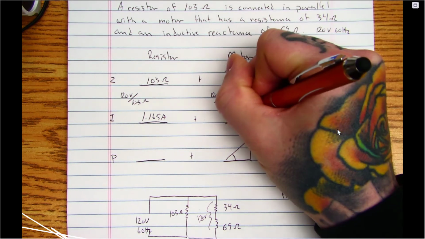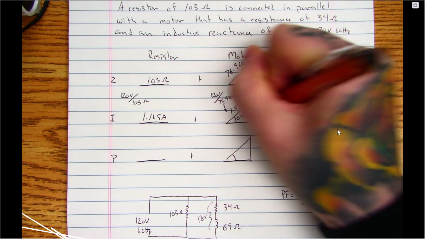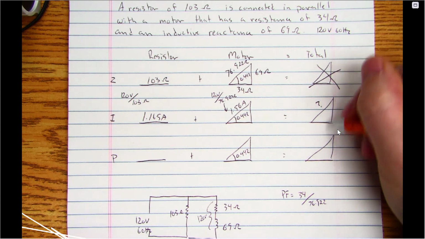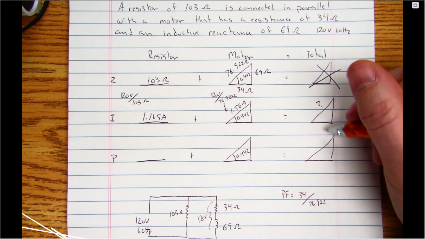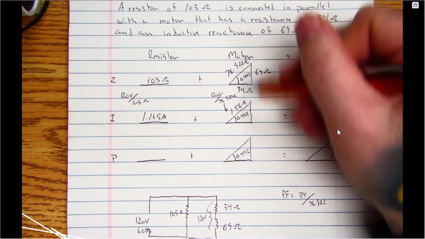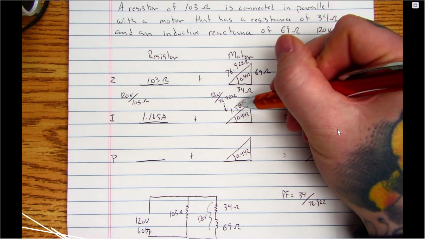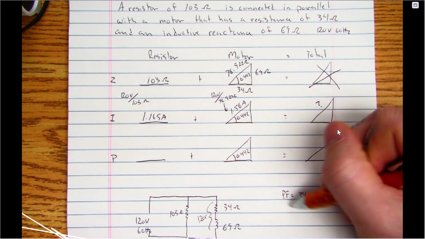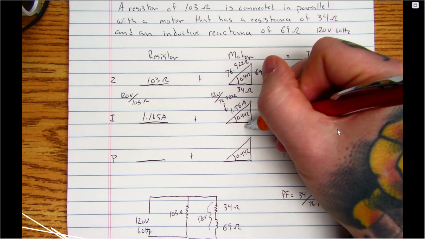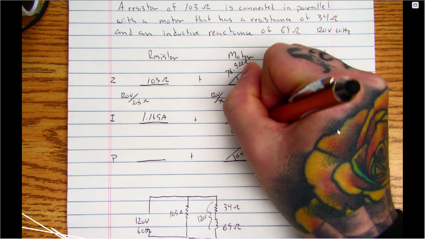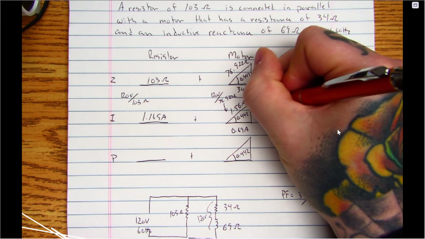That is in this triangle, which is also the same in this triangle, which is also the same in this triangle. Not this one, because these two are the total voltage, total current and total power for the circuit. That's going to be at a different power factor, but the motor power factor is going to be the same through all of these. So then I can use trigonometry, or reverse this formula, which is trigonometry. Okay, I can find this side is 0.69 amps,